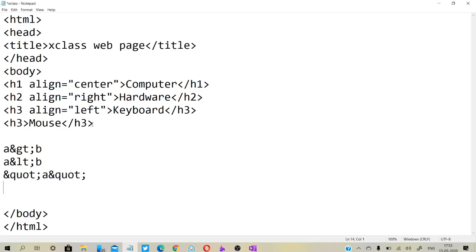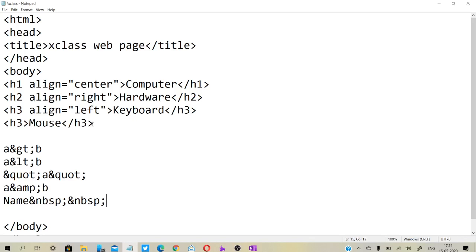And if you want to put the ampersand sign, for example, we want to write A and B, you write A, then ampersand AMP, terminator, B. And if you want to give space between words, like name and your name, you can take one example here, name, then write ampersand NBSP, terminator. If we want more space, then you can again use NBSP.